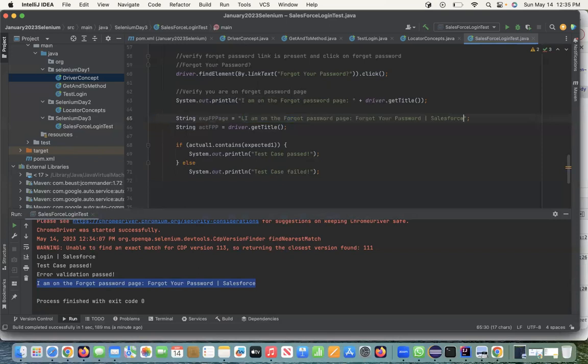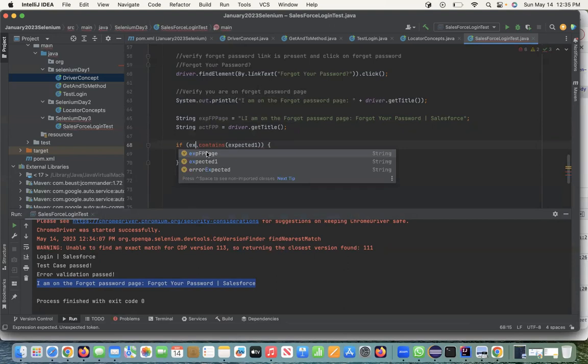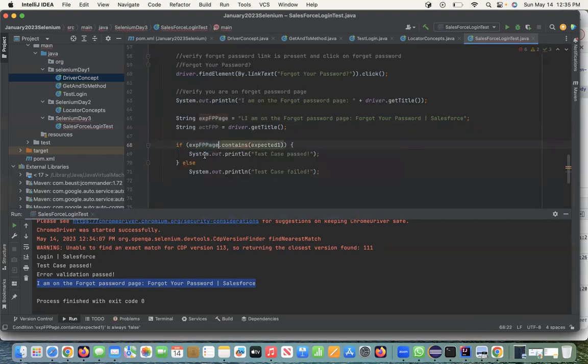So I'm just doing exactly same thing that we did before, right? So here you have to just change the variable name because I just copied the other one, right? Expected forget password page, and then actual forget password page. So now if I run this, it should be